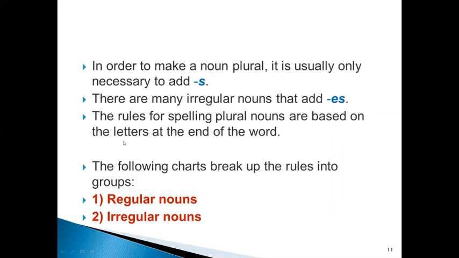With the letters at the end of the word. That means the letters at the end of the word will help to select s or es. The following chart breaks up the rules into groups